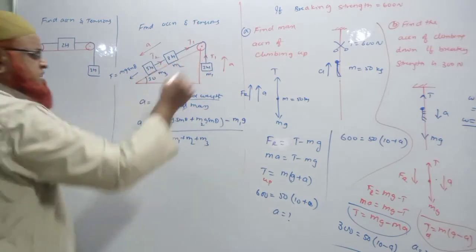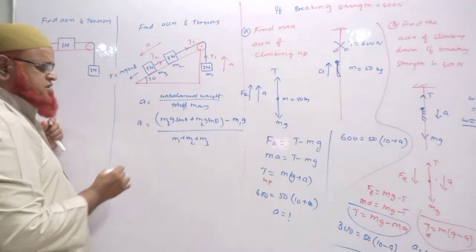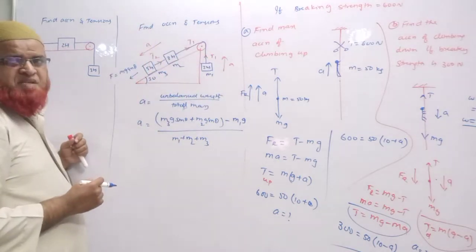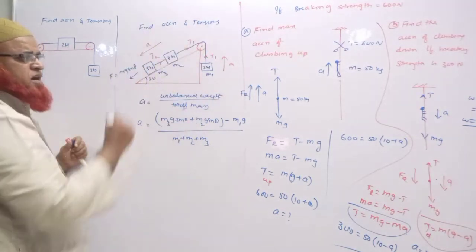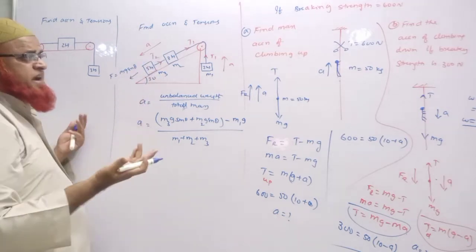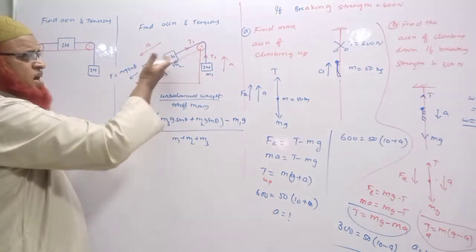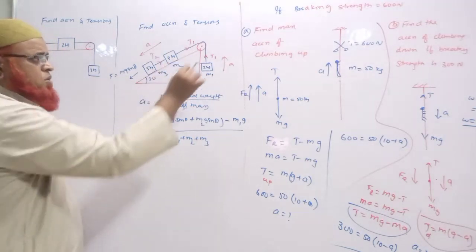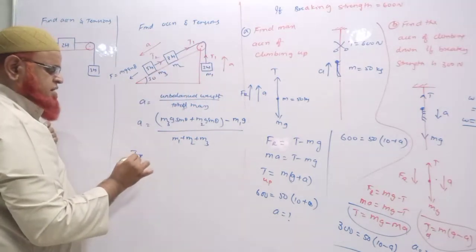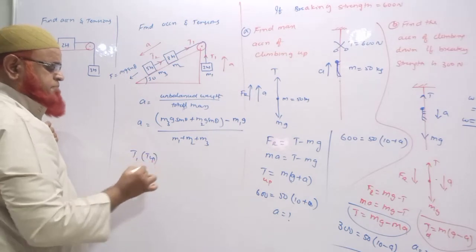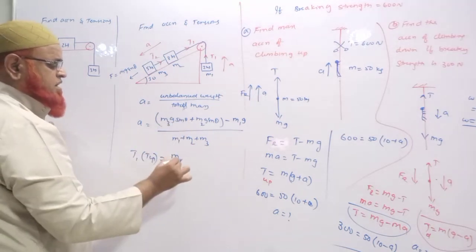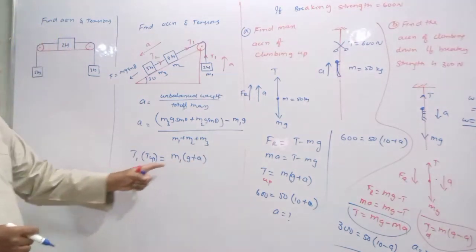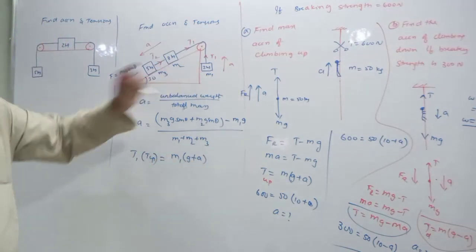Now, how can you find out the tensions here? I will tell you the formula also for that. Now, you are imagining that the block is going upwards here, is it? The block is moving upwards because 5 plus 3 is 8. Comparatively, they are larger than this 2 kg mass here. So now, here I have to find out tension T1. You can take the formula of tension up. Tension up is nothing but m1 into g plus a, or mg plus ma. By using this shortcut formula, you can find out tension T1.